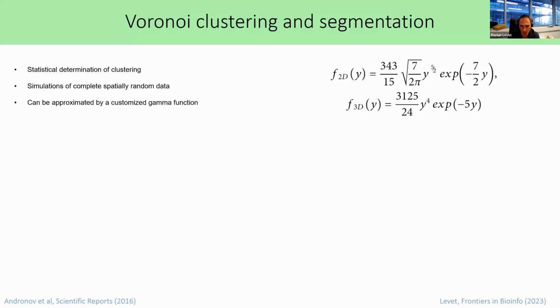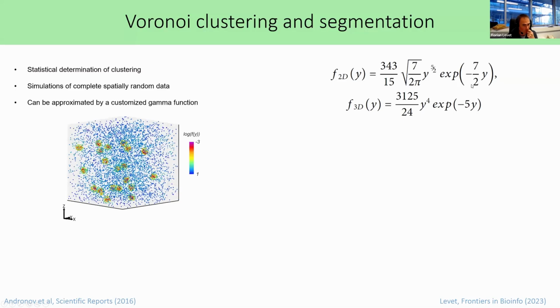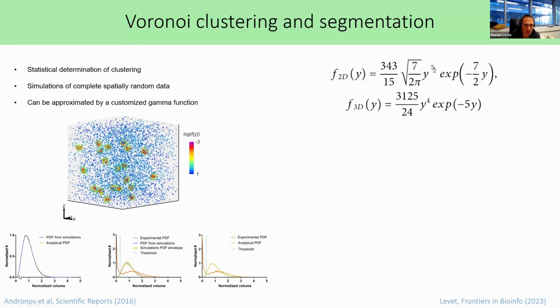And what I showed a couple of years ago is that this distribution of the spatially random localization can be approximated by a customized gamma function, so in 2D and 3D. And so if you have this data in 3D, you can really use this formula in 3D in order to